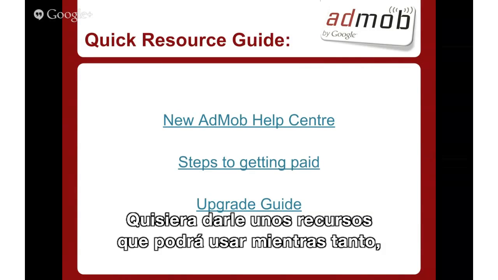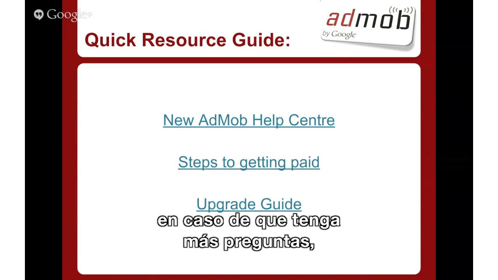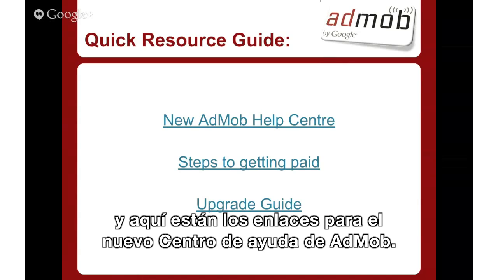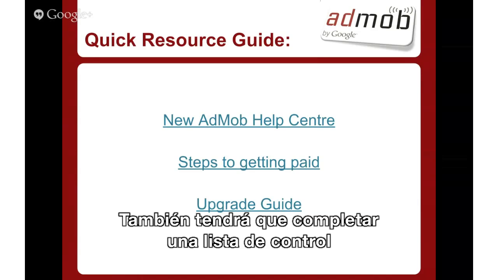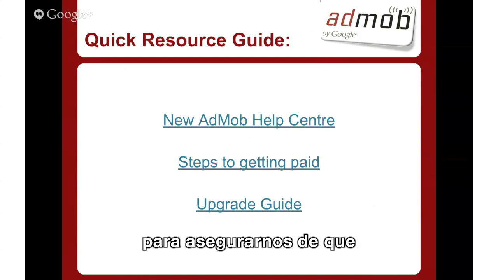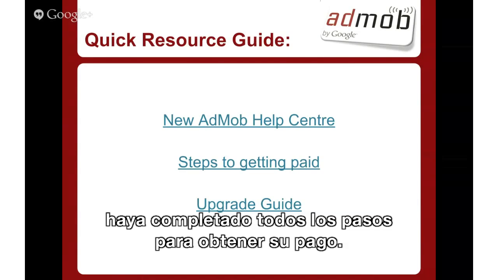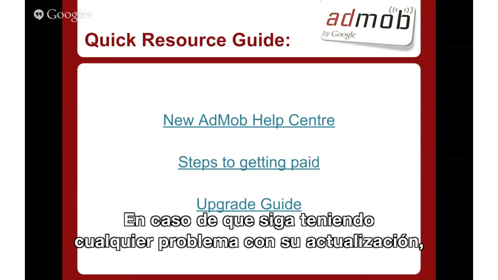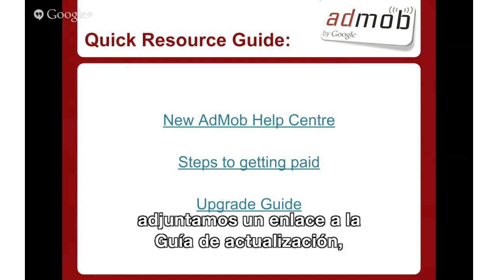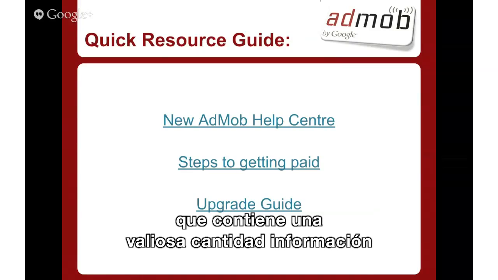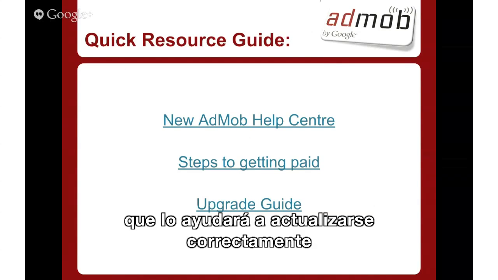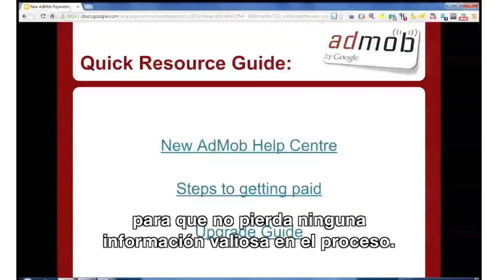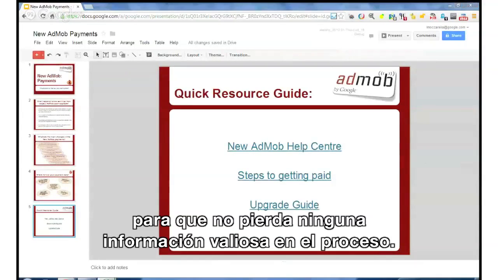And just to give you a few resources that you can use in the meantime, in case you have any follow-up questions, here are the links to the new AdMob Help Center. There's also a checklist for you to complete in order to make sure you have completed all the steps to getting paid. There is not too many of them, but they are all very important. And in case you are still experiencing any problems with your upgrade, we've attached a link to the upgrade guide, because there's a lot of valuable information there that will help you make sure that you upgrade the right way and do not lose any valuable information in the